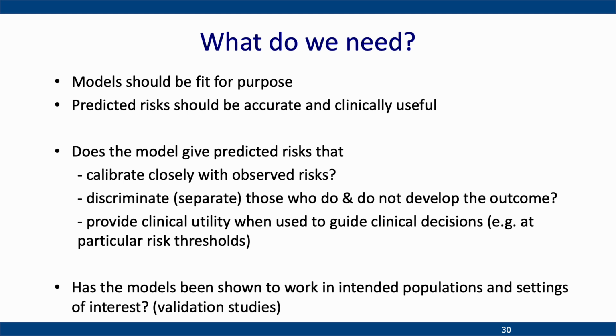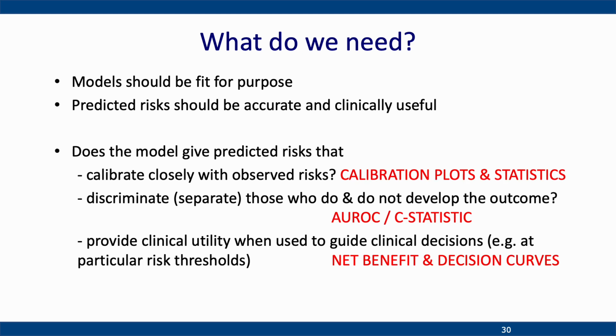And we need to make sure the model is demonstrating good calibration, discrimination and clinical utility in those intended target populations where you want to apply the model. So there's no point testing the model in situations in secondary care when it's going to be applied in primary care, for example. So calibration is measured by calibration plots and statistics like the calibration slope. Discrimination, measured by, like I said, the C statistic or the area under the curve. These are the same things for binary outcomes. And clinical utility is measured by things like net benefit and decision curves. And I'll come on to that a bit later because I think that's an important, often missed area.